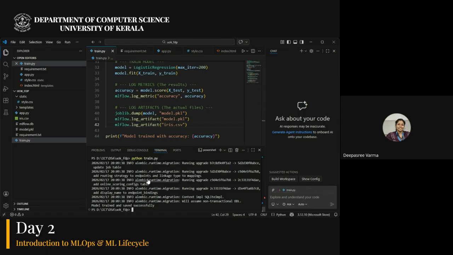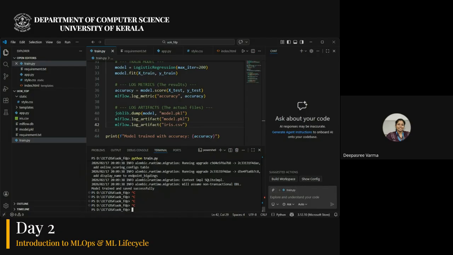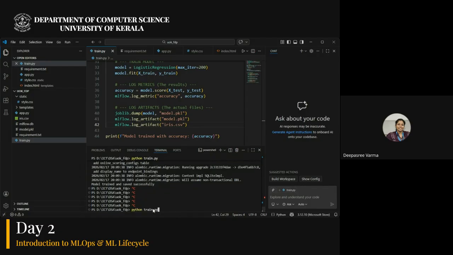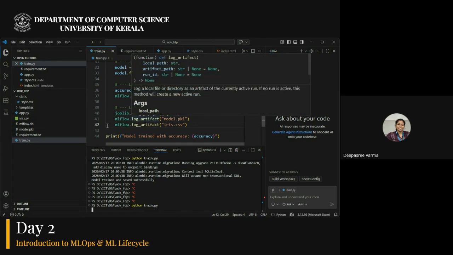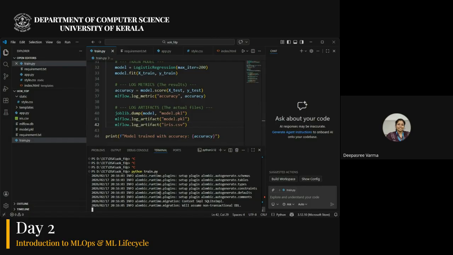Okay, so I'll just run once more. I'll show you what is the difference when I run this again. So you can see here, all these things will be logged.